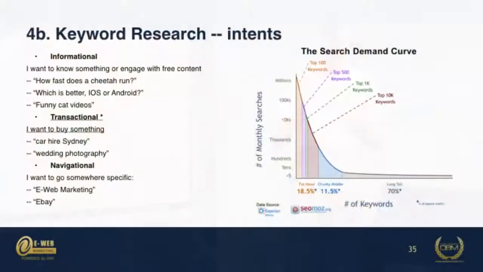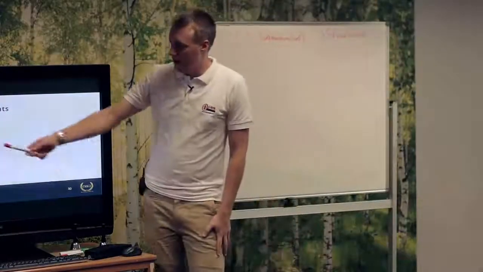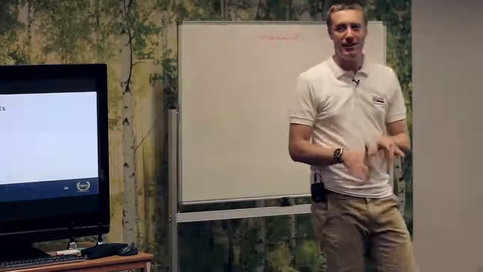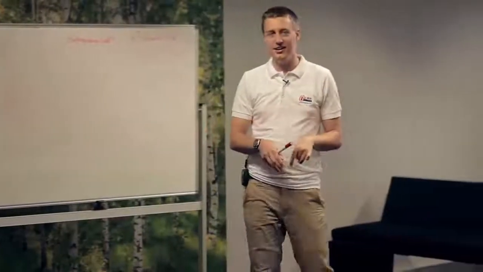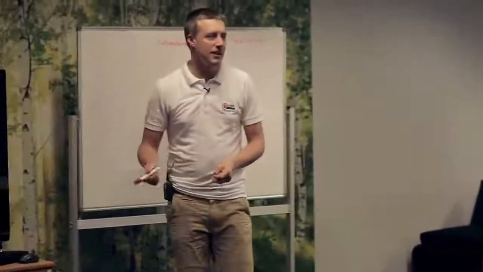The first is they want to know something, so it's informational. For example, how fast does a cheetah run was the Mad Catz example. Which is better, iOS or Android? And funny cat videos. You're not looking to buy something, you're looking to know something or be entertained. That's general content, informational. The one that we all care about as business owners is transactional. When someone types something into Google and they're looking to buy, for example, car hire Sydney, or wedding photography, or